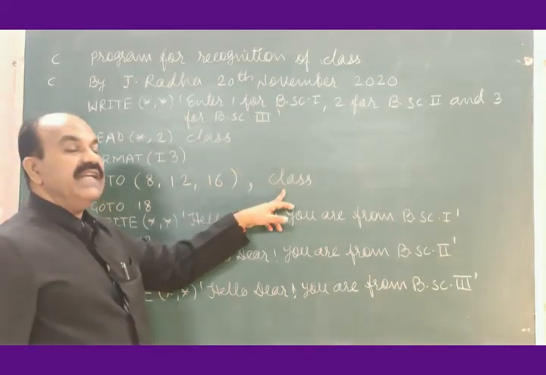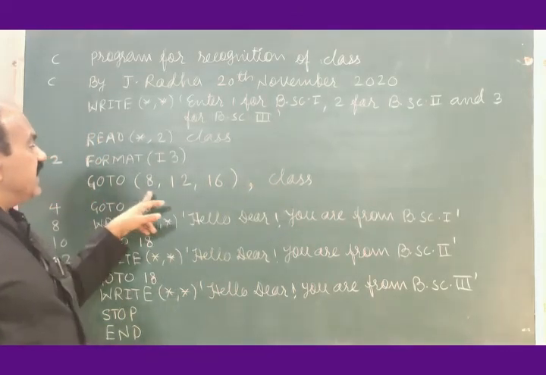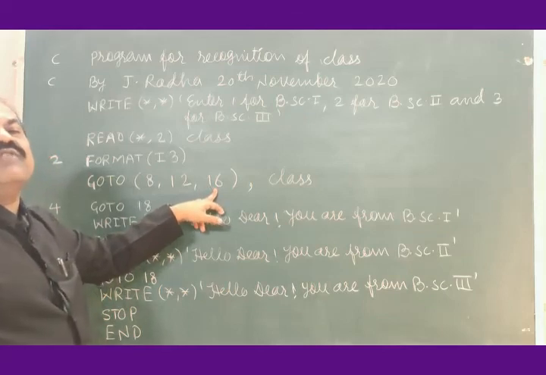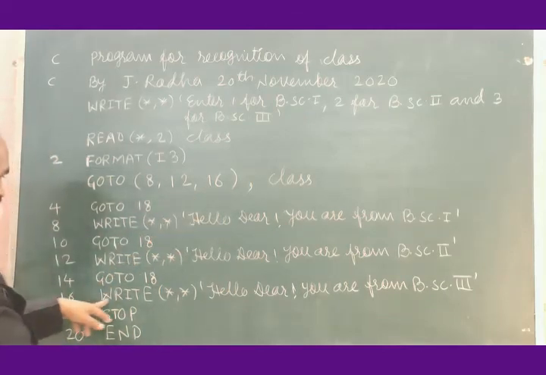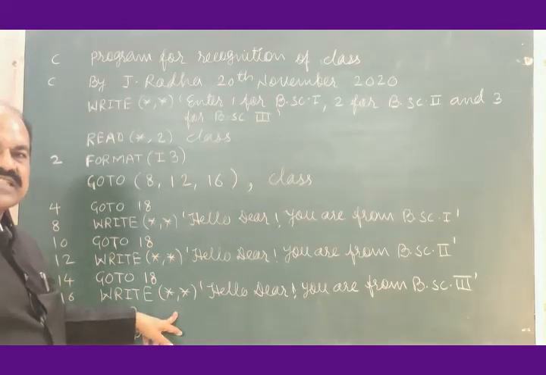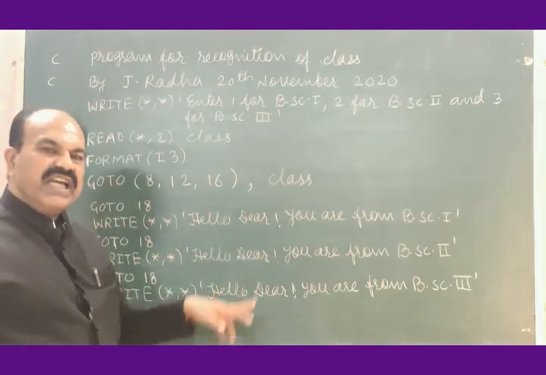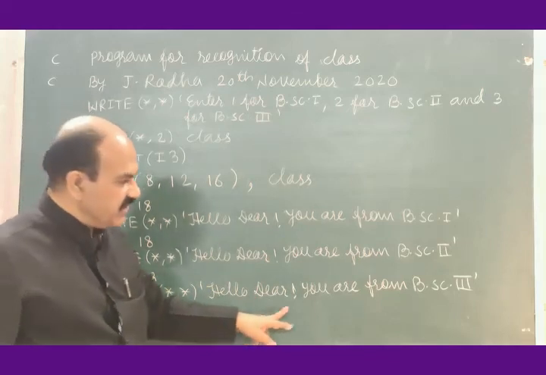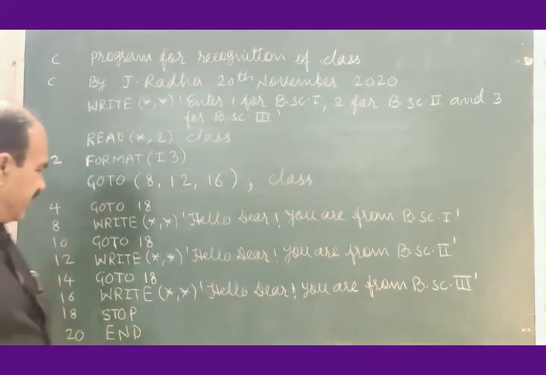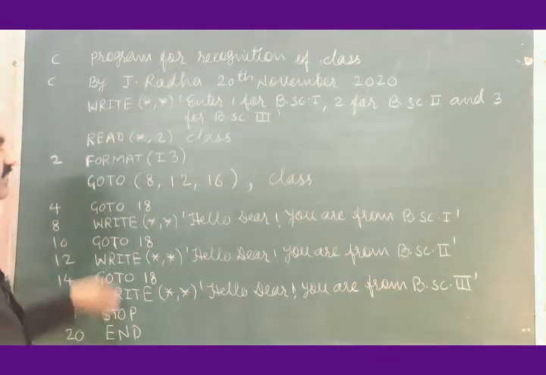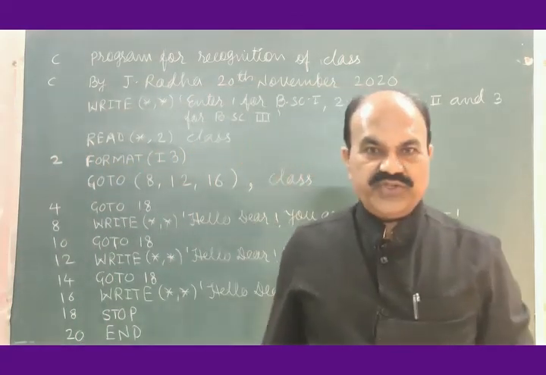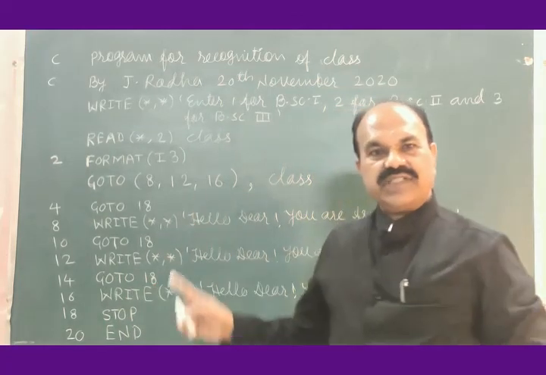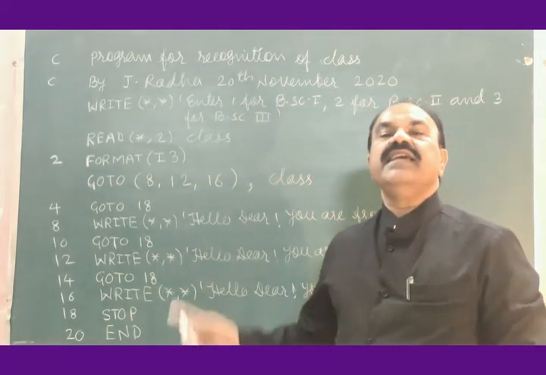If you enter class is equal to 3, control will transfer to statement number 16. Where? Here. Write asterisk, comma, asterisk within the single quotes: Hello dear, you are from BSc third year. Stop. End. Okay, so this is the way of using the unconditional go to statement as well as the computed go